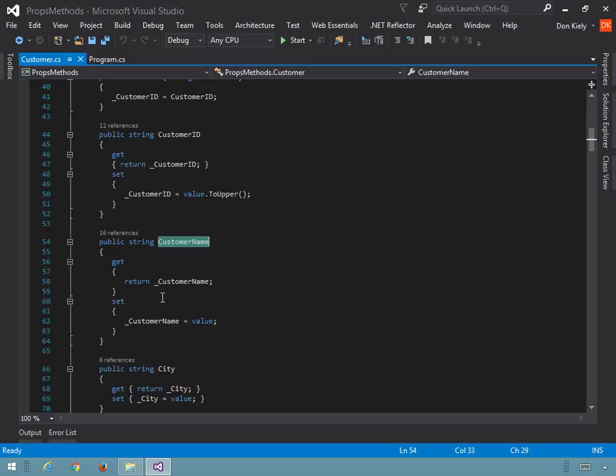There's nothing magical about that convention whatsoever. It's how you use the variable that makes it a backing field. It's not a naming convention. Nevertheless, using an underscore is a useful convention so that you can name the field the same as the property it backs. That makes it very easy to know that underscore customer name is the backing field for the property